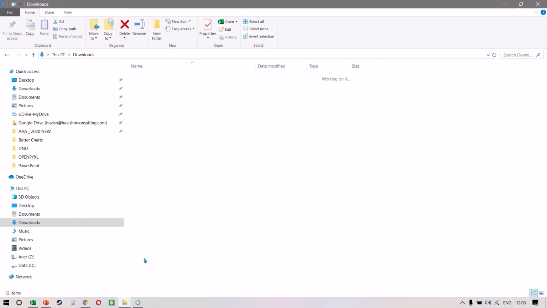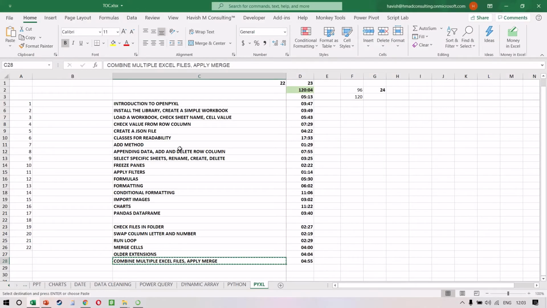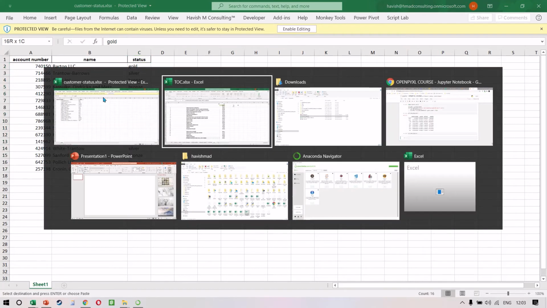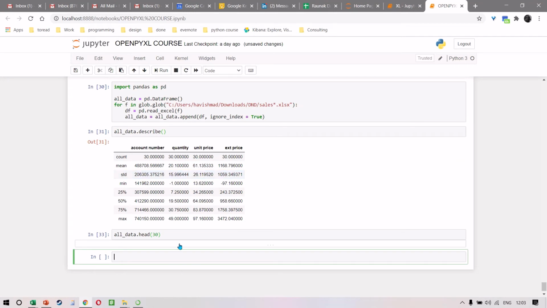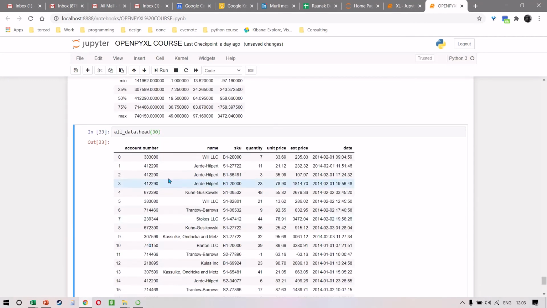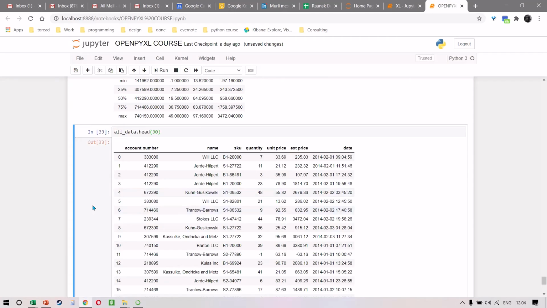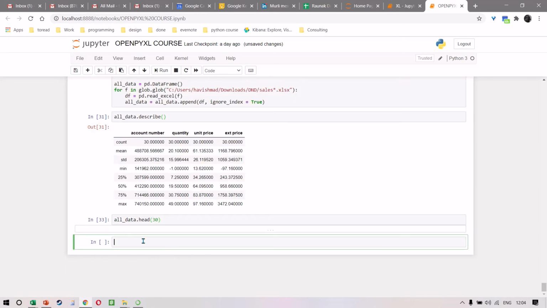We have another file in our folder. This is customer status, and this is a companion file. So you notice here we have some account numbers, the name and the status. Now what we need is to find out for these account numbers that we have, what is the detail? That means we want to get the status here. Let's see how we do this. So here we want to do a merge, which would be a VLOOKUP on Excel or a left outer join if you're doing a merge operation.